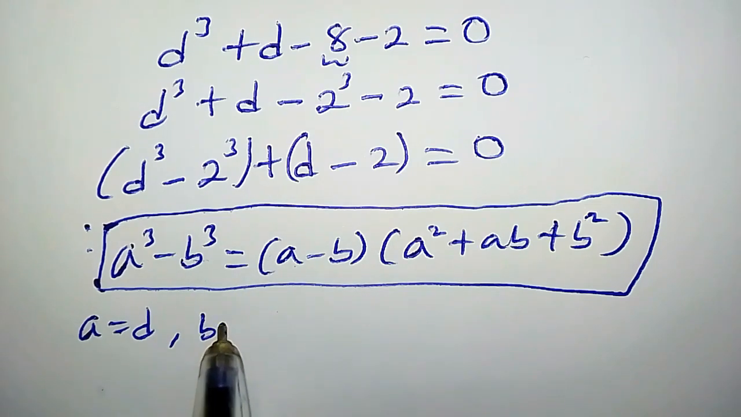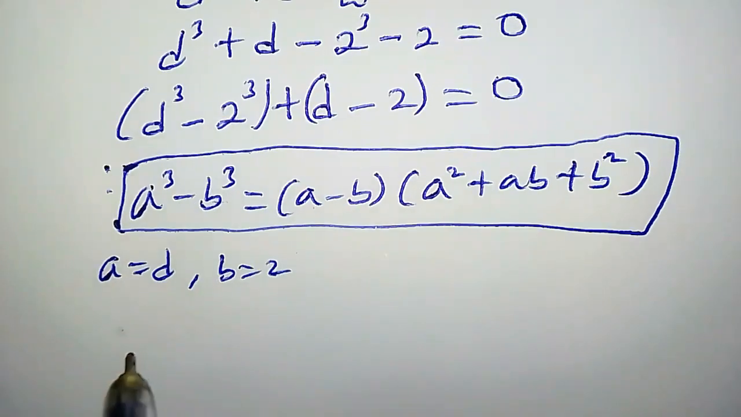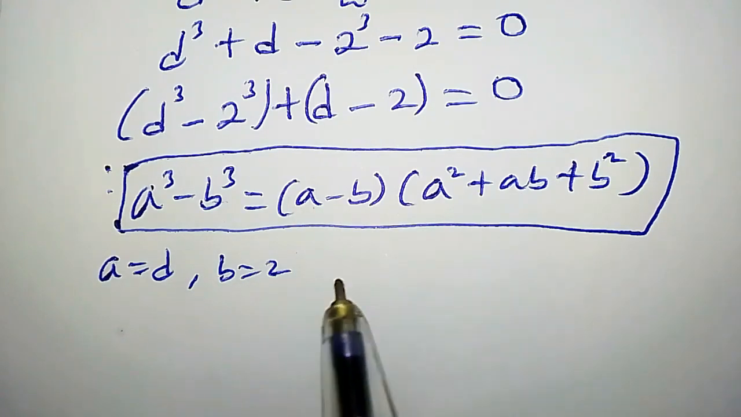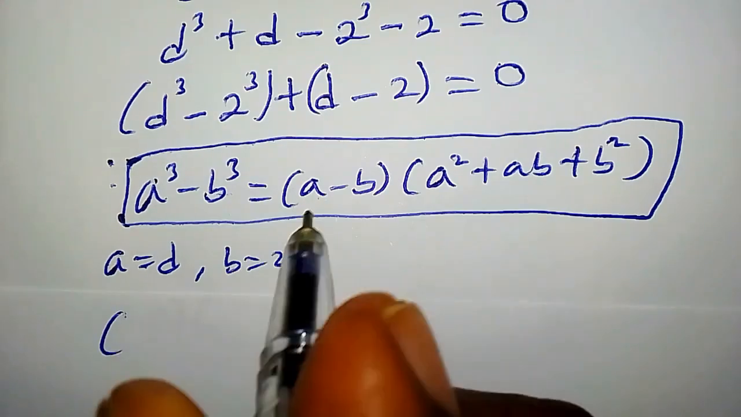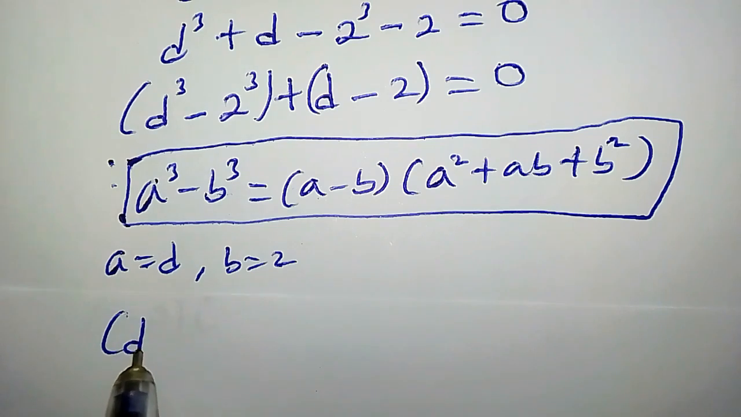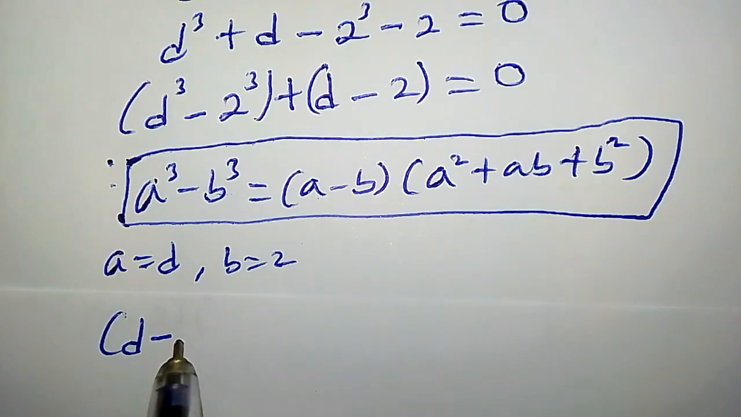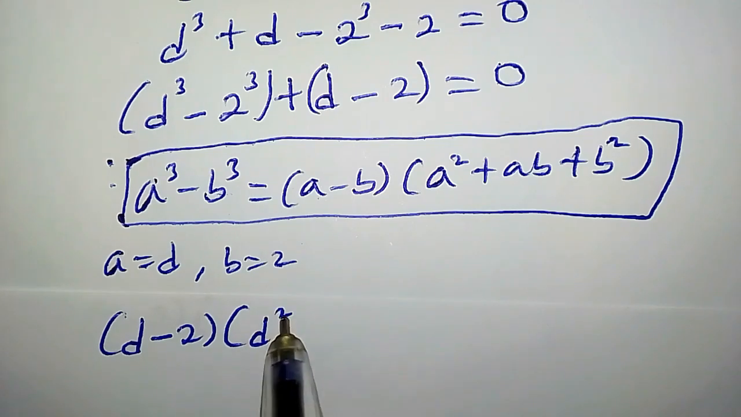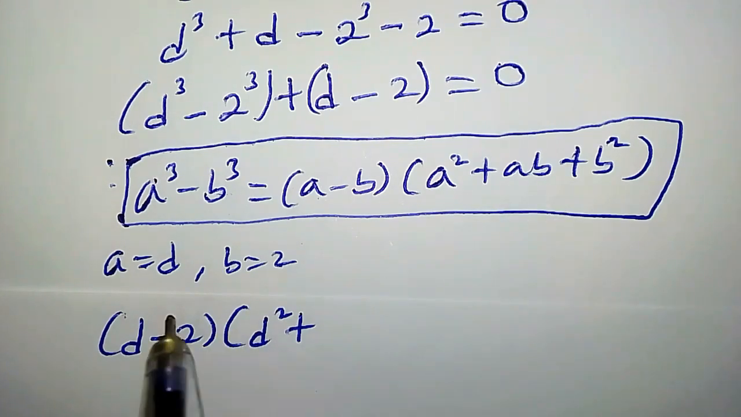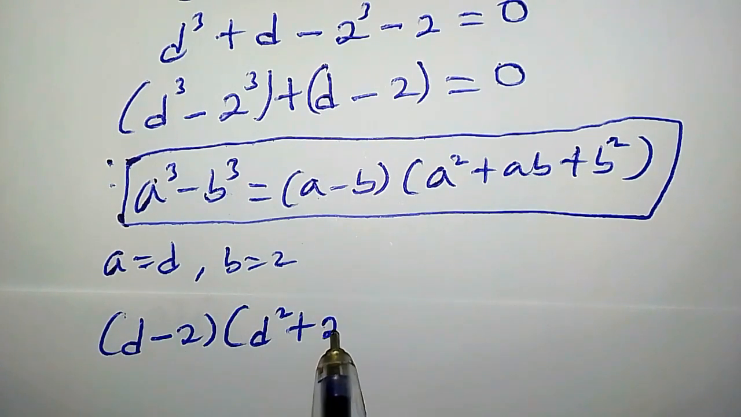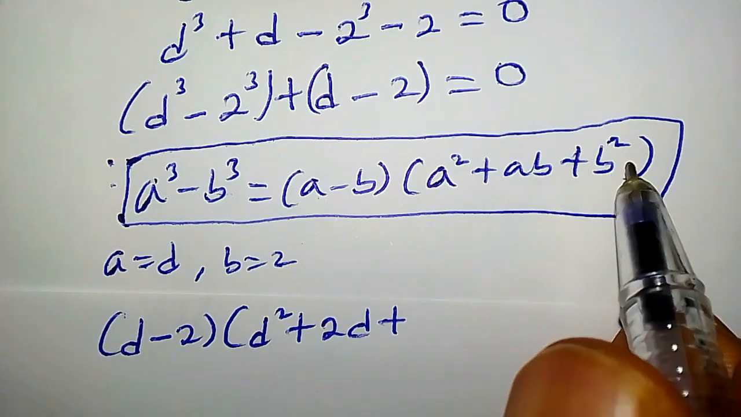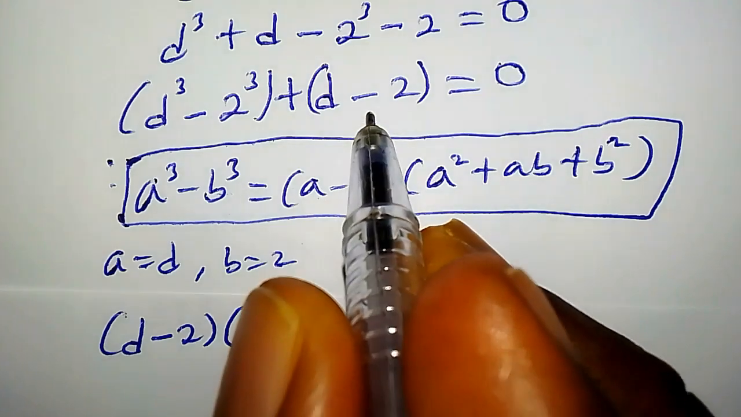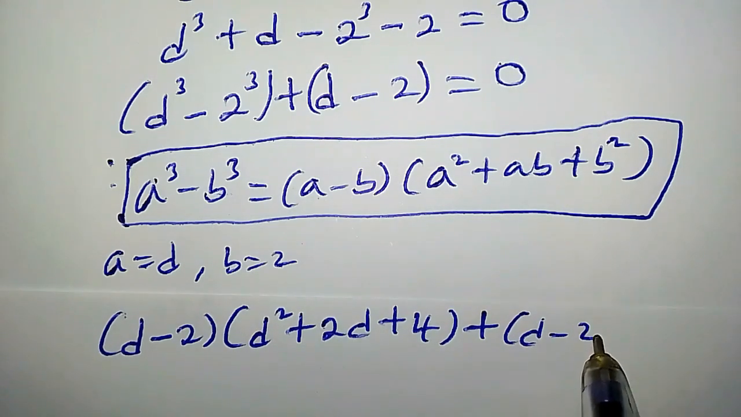By comparing this left hand side with this guy, you will notice that A is equals to D and B is equals to 2. This means that when we substitute the value of A and the value of B into this guy, we are going to have, what is A? A is D minus what is B? B is 2 times A, that will be D square, plus AB, that will be 2 times D, which is 2D, plus B square, that will be 2 square, which is simply 4, plus this guy, D minus 2 equal